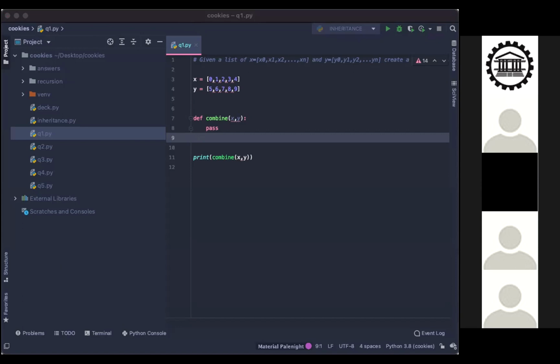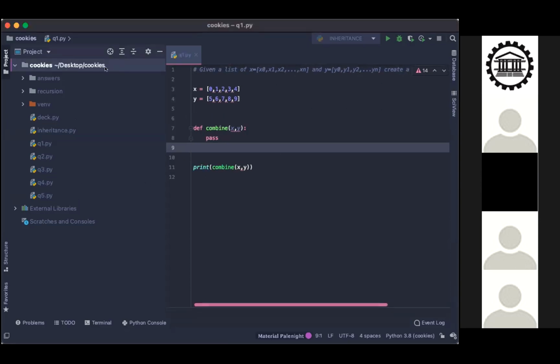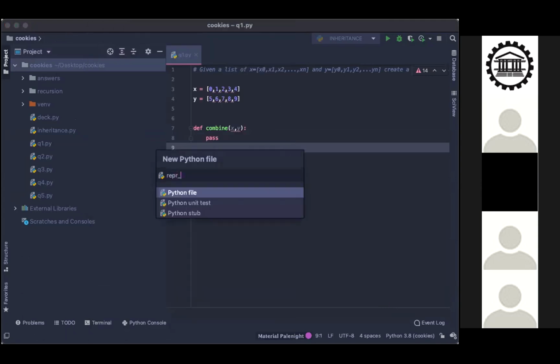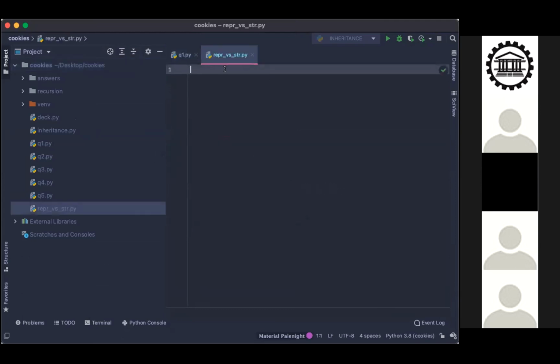Repr is mainly used for debugging and development. It's like the canonical representation. And str is used more for printing something. So let's go ahead and see here. Say we want to do class. Here we do str test.